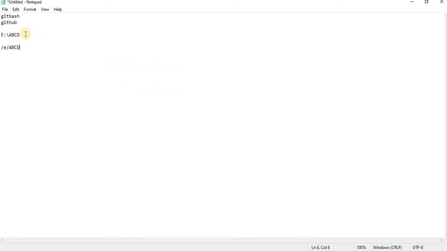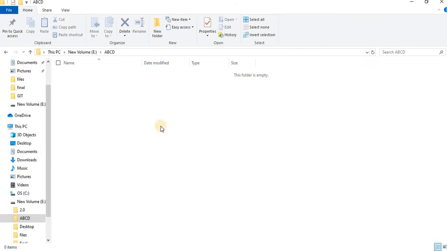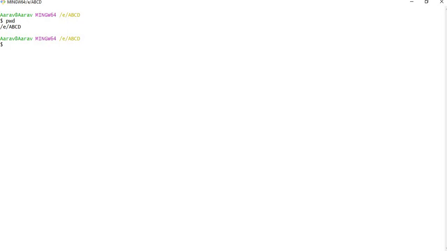The first one I copied from Windows, the second one from Git Bash. If you observe, both paths are the same: under E we have the ABCD directory, and here also under E we have the ABCD directory. But if you observe the slashes, this is the typical Windows version, and this is how it looks in Linux. So in Git Bash you can mostly execute all the commands we covered in the first, second and third sessions on Linux. But this is from Windows, so if you save a file, it gets saved here. Hope you understood. Don't get confused, it's a simple tool.